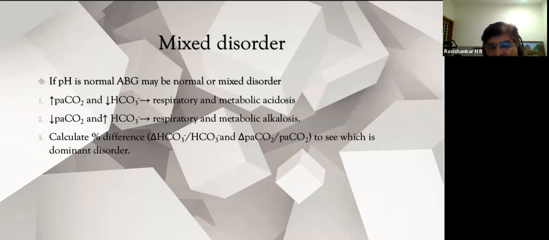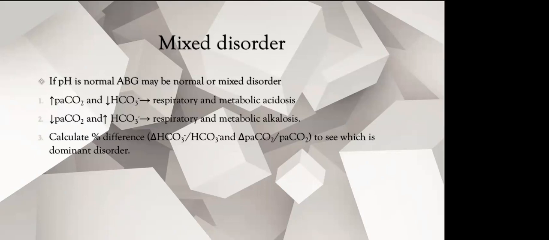So all of these combined mechanisms, there may be metabolic acidosis and also combined respiratory acidosis. So if you check the partial pressure of carbon dioxide in the first blood gas and then the second blood gas, and you look at the difference in the bicarbonate and carbon dioxide, if the bicarbonate difference is higher, that means it is more of a